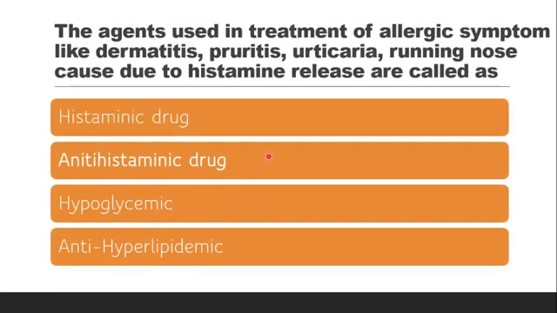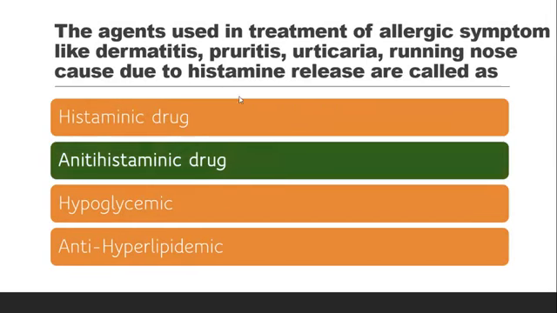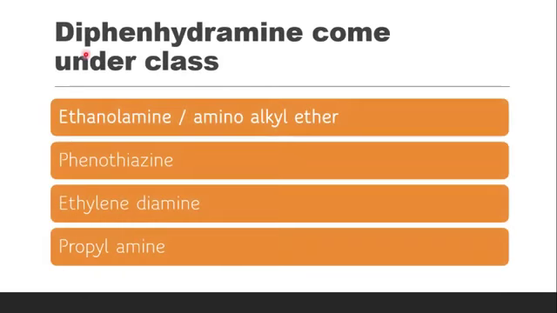Which are also known as anti-allergic drugs. Anti-allergic drugs means they are used in treatment of allergic symptoms. Next question is diphenhydramine comes under which class. Diphenhydramine, according to the classification of antihistaminic drugs,